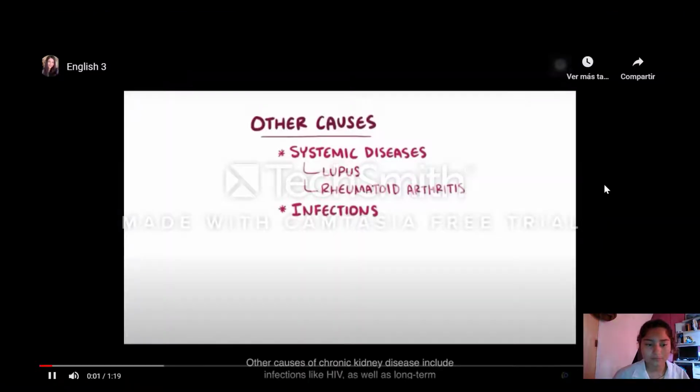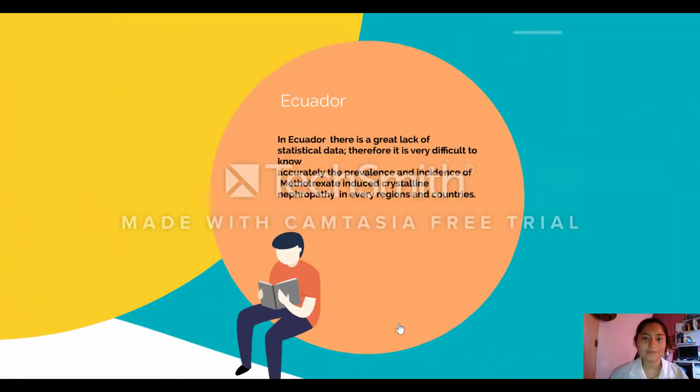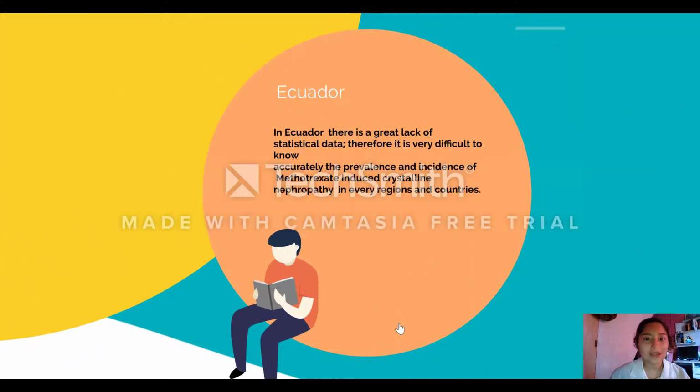Other causes include infections like HIV, long-term use of medications like NSAIDs, and toxins like the ones in tobacco. Statistical data on the prevalence and incidence of methotrexate-induced crystalline nephropathy in every region is lacking, so it is very difficult to know accurately. Now, normally, urea in the blood gets excreted in the urine. But when there's a decreased glomerular filtration rate,